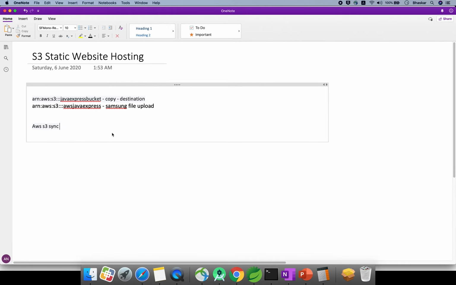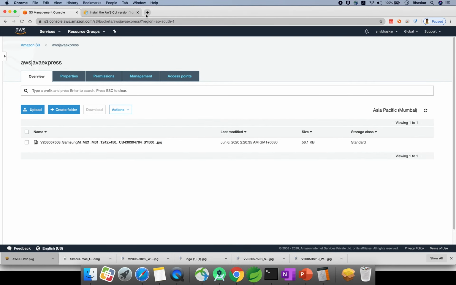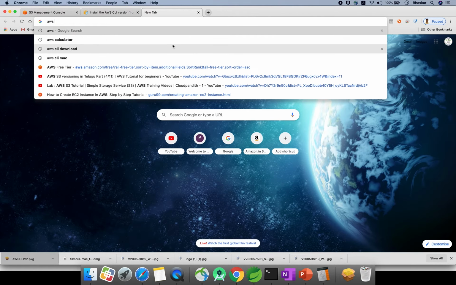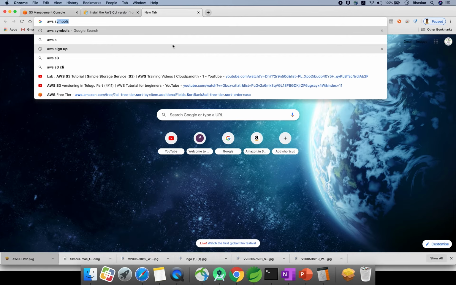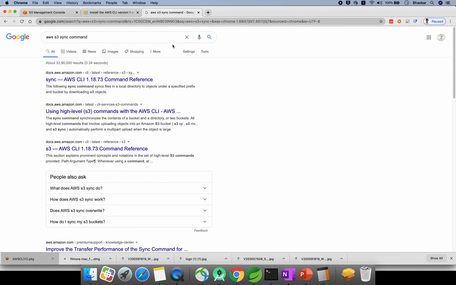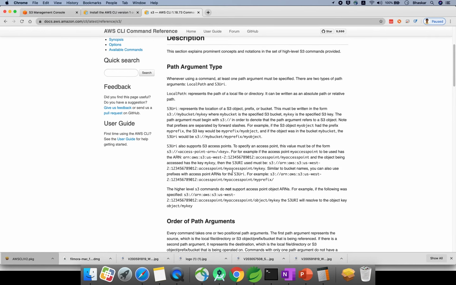We have a syntax: source, destination, and the path means you need to give some URL. Let me check the aws s3 sync command. Go to the docs once and confirm how it should be.